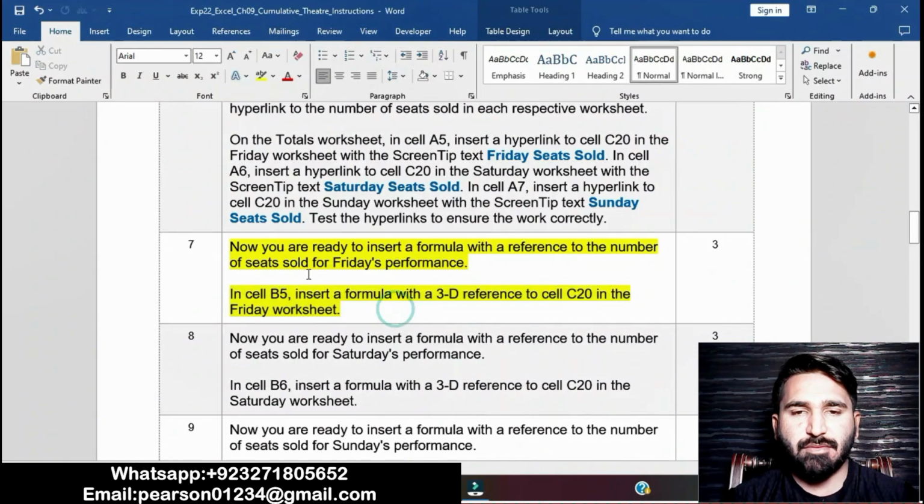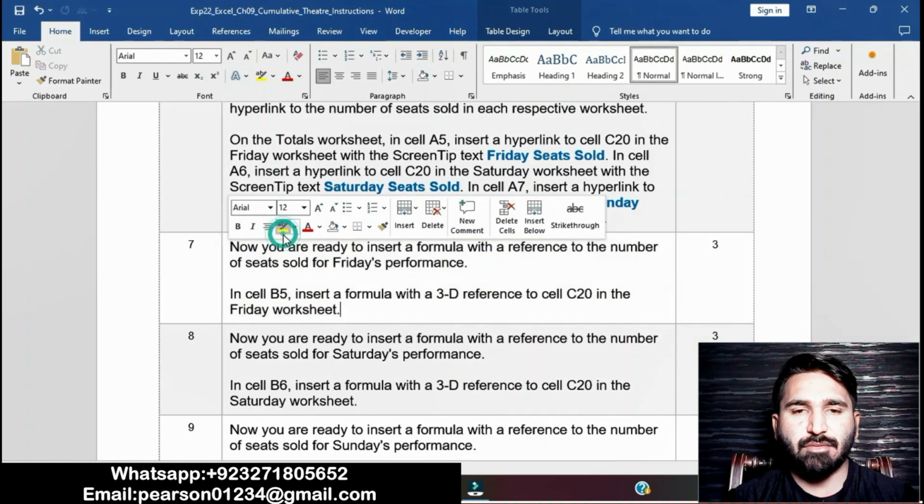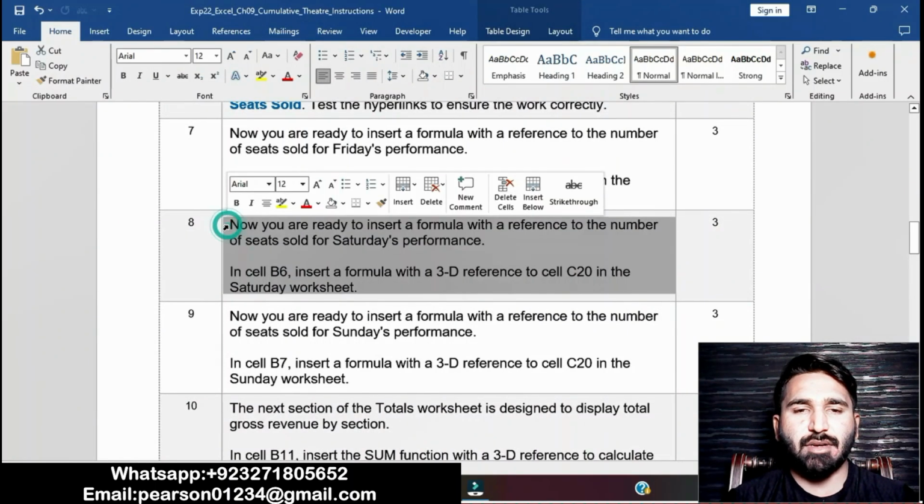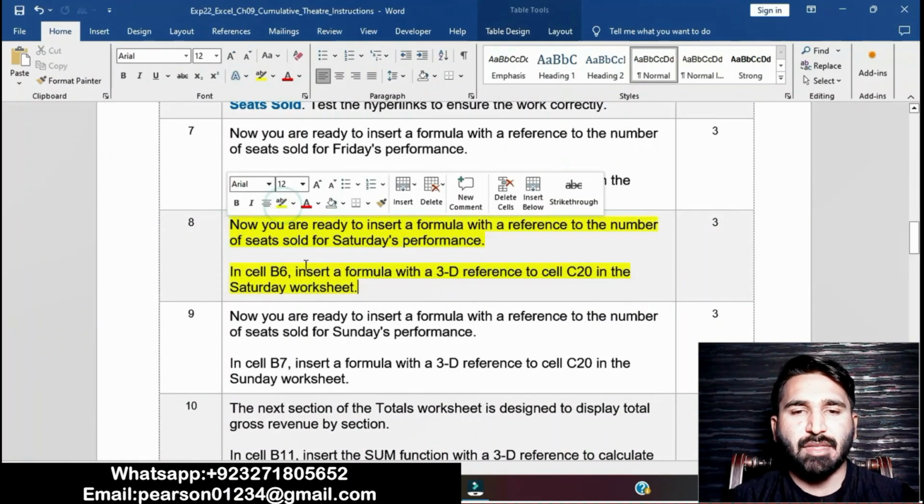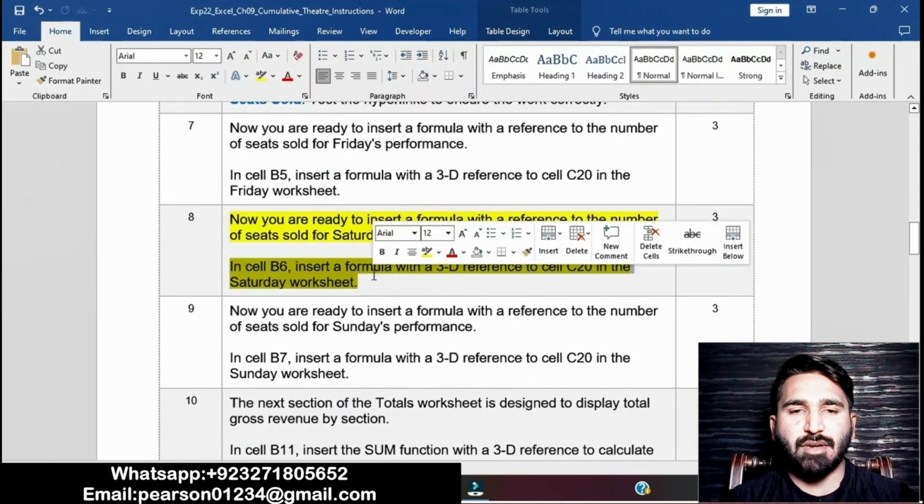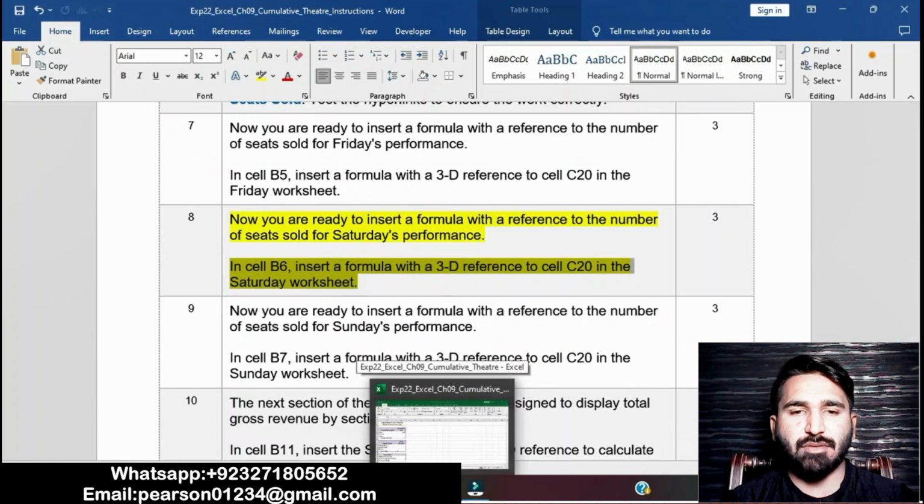Insert cell B5. You can see I have done this question. This question is completed. Now moving on to question number 8. Question number 8 is that in cell B6 insert a formula with 3D references to the cell C20 in the Saturday worksheet. Basically in this step we will have to enter a formula in cell B6 with 3D references to C20 in the Saturday worksheet. Okay, click on cell B6,